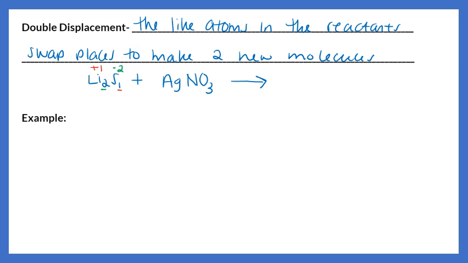So lithium is a positive 1 charge, sulfur is a negative 2 charge. Let's look. There is nothing on the parentheses other than a 1, so that means silver is a positive charge because it's a metal, it's a positive 1, and there's nothing after the silver, so that means that nitrate is a negative because it's all nonmetals. Nitrogen, oxygen are nonmetals, and it's a negative 1 charge. Okay, so I've got